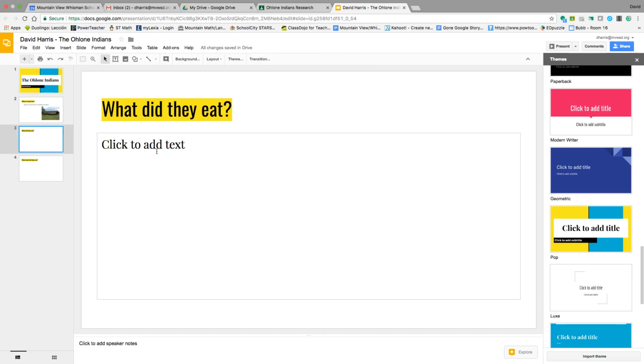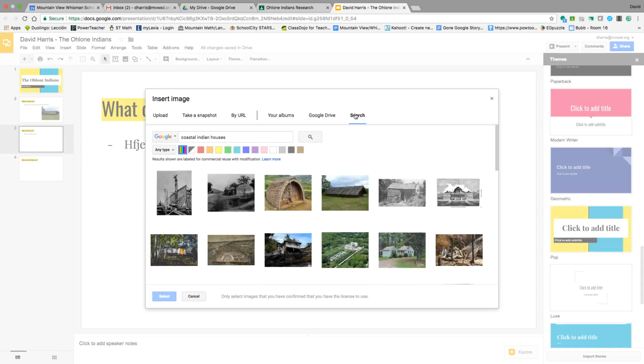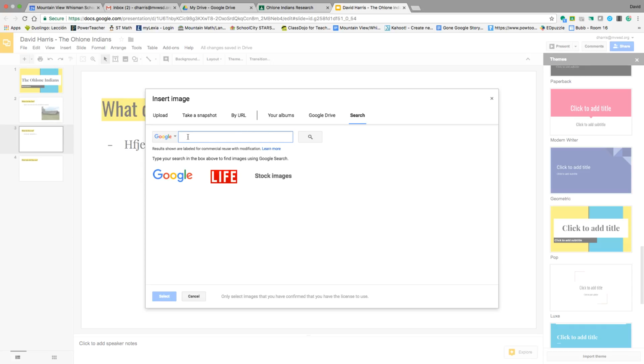Let's go to where did they eat. So I'm going to add some imaginary information. Okay? And then how do I add an image? Do you guys remember? Yep, in the blue. So you go to the little mountain image or insert image, and then you search up Ohlone Indian food. Or do you know something that they eat already? Yep. Seafood. Okay, so if I look up a picture of a fish,